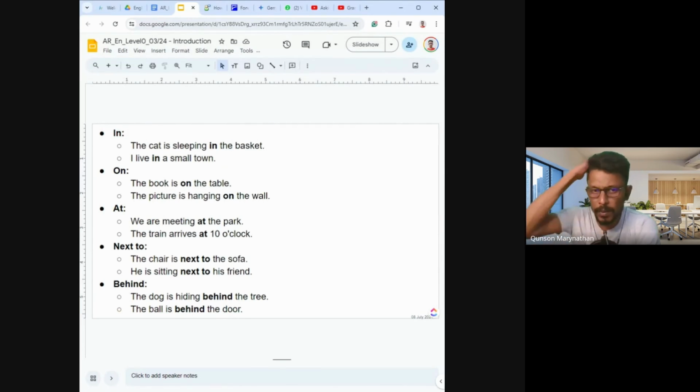I think these are the things we looked at in the last class. Now, today we are going to go into the prepositions. When you say prepositions, these are words that come in front of another word, right? We'll look into this. We'll see how these prepositions work and how we can use them in speech.